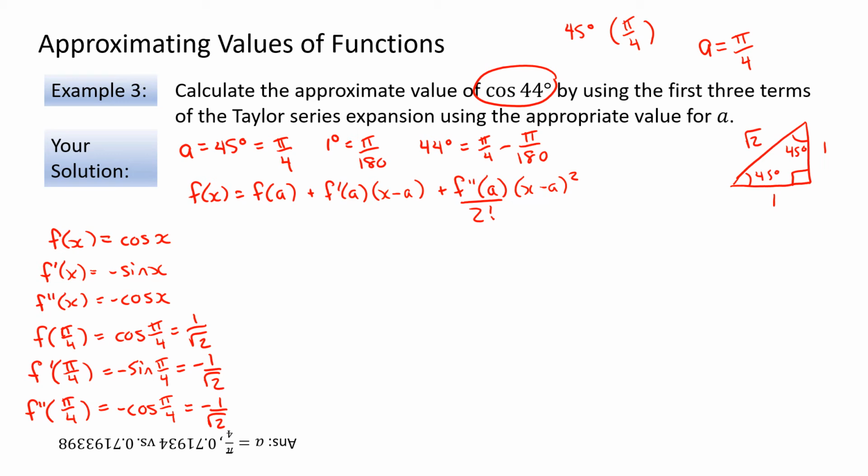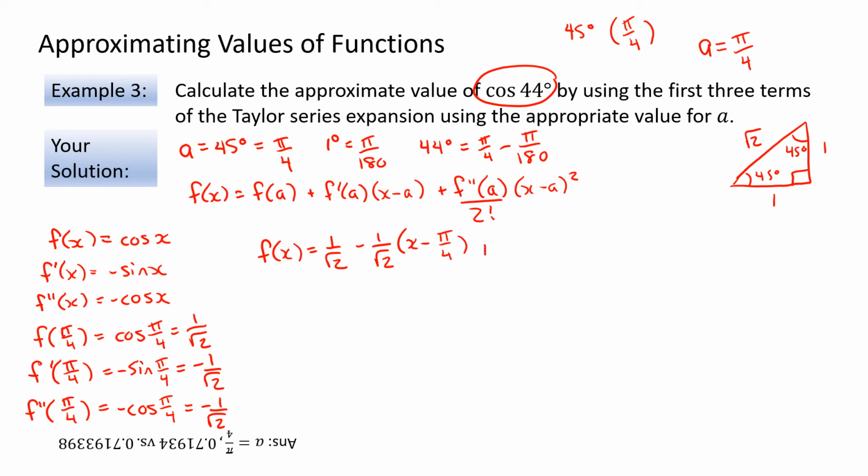I'm giving you both options, but these ones you'll notice make the math a little bit simpler. Okay? So now that we know those values, we can simply substitute them into our Taylor series. So we have f of x is equal to f at a, which is 1 over root 2, plus f prime at a, which is minus 1 over root 2 times x minus pi by 4,